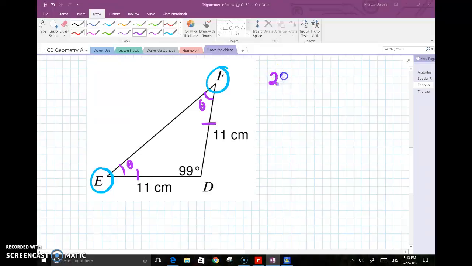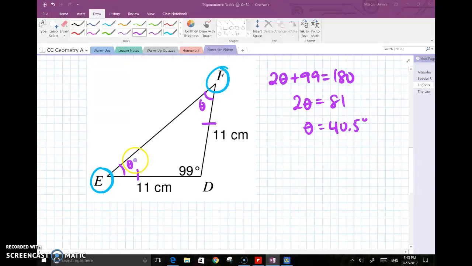It would be 2 theta, since I have both of them, plus 99 is equal to 180. Okay, and then I just do some simple math, and 180 minus 99 would be 81. So 2 theta is equal to 81, which means that theta is 40.5 degrees. Okay? So the value of each of these angles is 40.5 degrees. So 40.5 and 40.5 degrees. So this is very helpful for me because now I have all the angles inside the triangle,